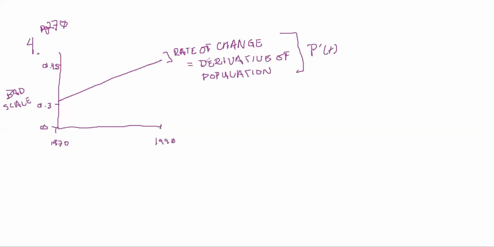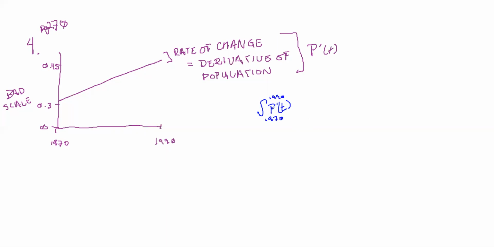Okay, so we are trying to find the change in the population between 1970 and 1990. What are we going to do? Well, we've been talking about integrals, so I hope you guys start thinking that we need to find the integral of P prime of t between 1990 and 1970. But